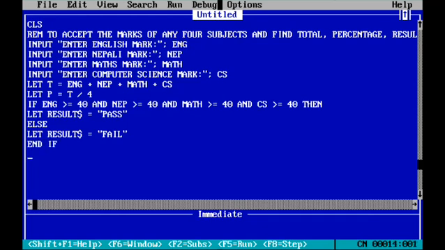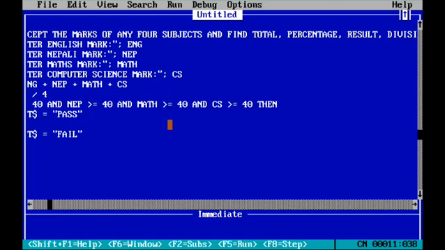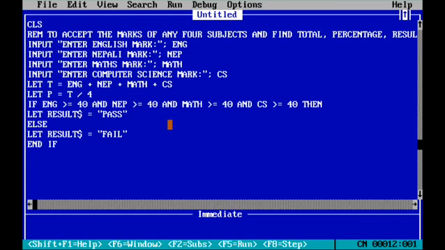Okay, now next we have to write another if, because the first one is completed. We calculated the result, now we are going to find the division. For division also we have to write the condition. So on another line write if division. To find the division, we will analyze according to our percentage. If the percentage is greater than or equal to 80, then what? Then directly also you can display, you can print, but I want to write here let division. For division I want to write the div variable stored inside it. Division means distinction.